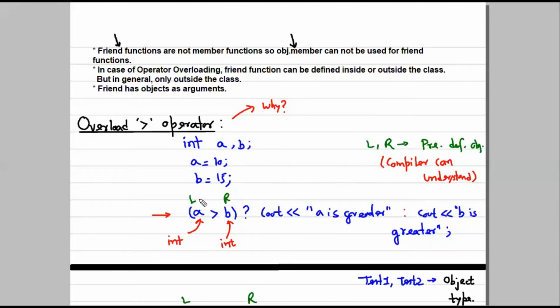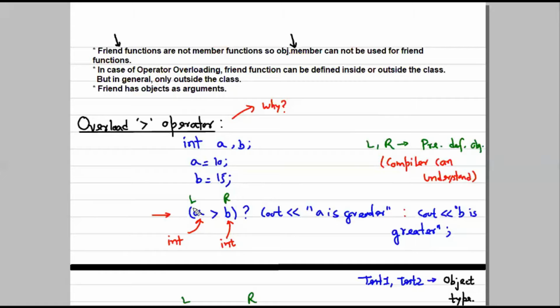But what if both operands are user defined? How would the compiler understand? The compiler would never understand if we define the left and right operands ourselves, unless we provide some logic to the compiler.